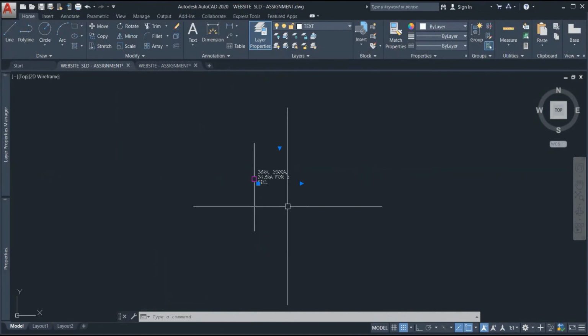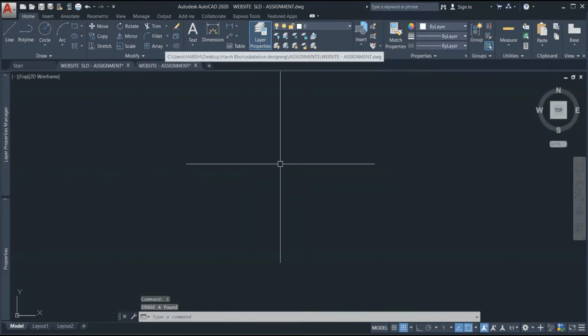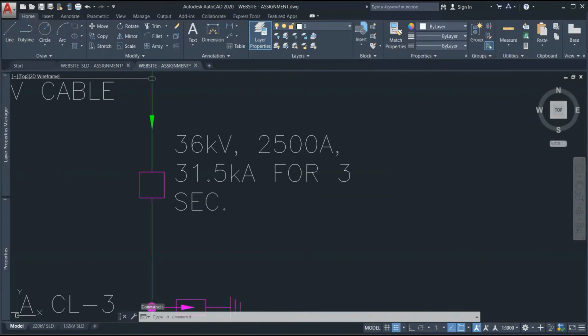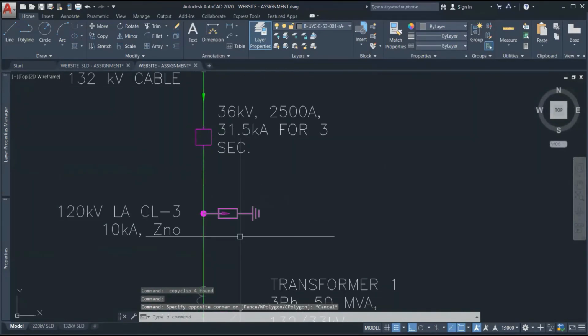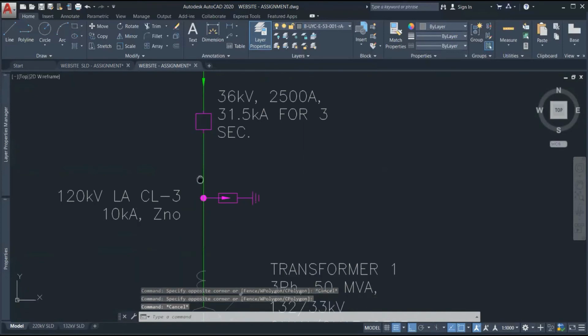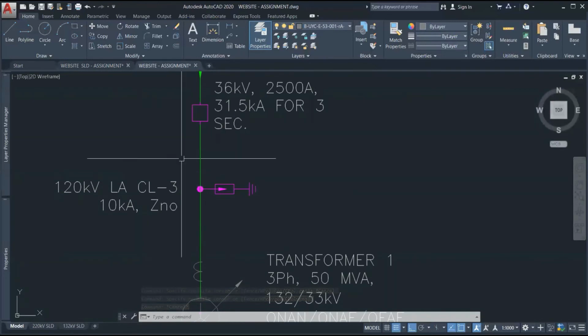Let me just show you one more time. Erase. I'm going to another file, right? Yeah. So I'm copying this LA. Here you can see how we can select just this LA.